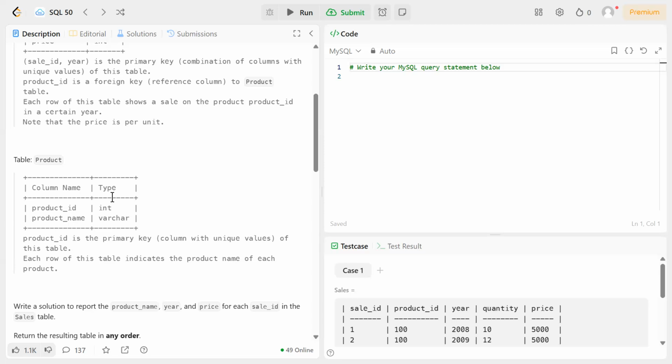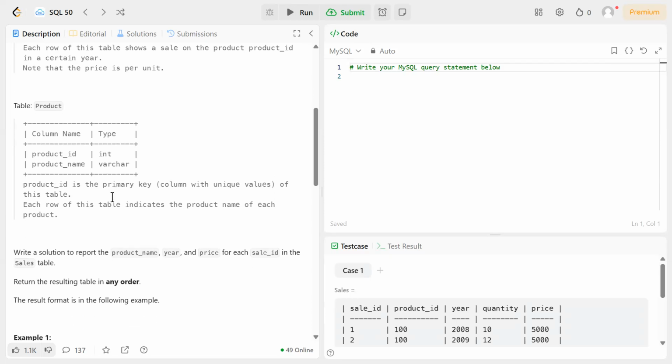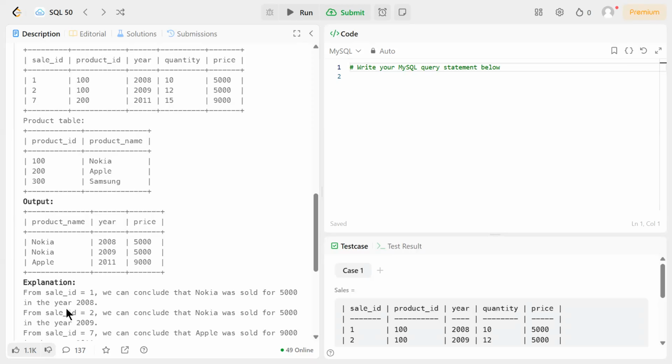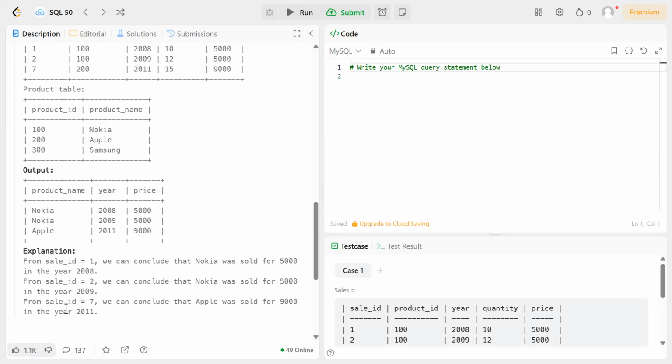Now let's understand the output. The output contains three columns: product name, year, and price. This means we need to fetch the product name from the product table, and year and price from the sales table to get the desired output. We need to join the sales table and the product table using the product ID column, and we can do that by